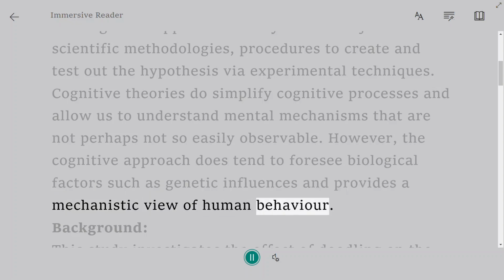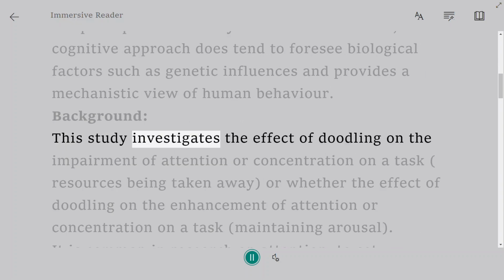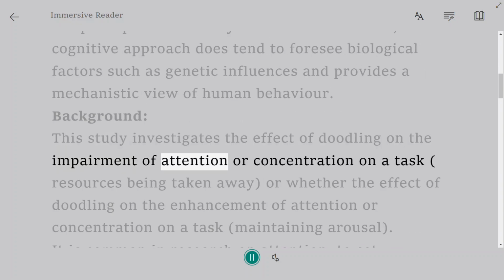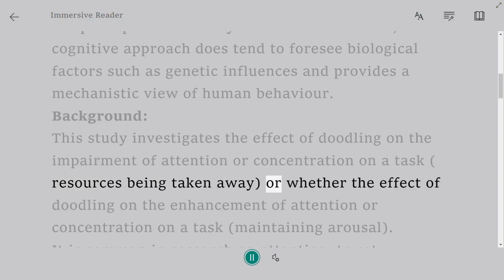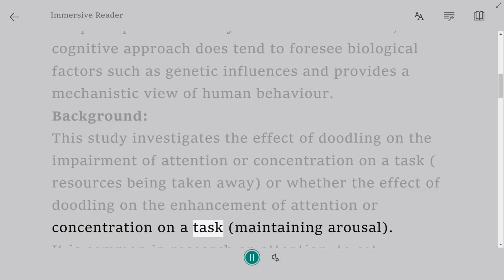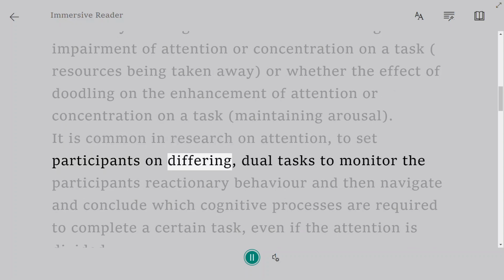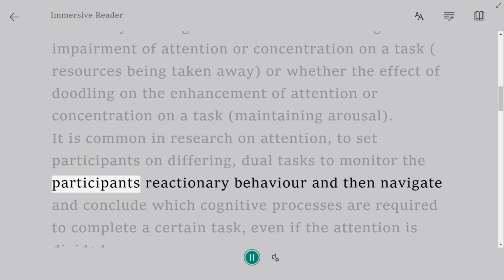human behavior. Background. This study investigates whether the effect of doodling is the impairment of attention or concentration on a task, with resources being taken away, or whether the effect of doodling is the enhancement of attention or concentration on a task, maintaining arousal. It is common in research on attention to set participants on differing, dual tasks to monitor the participants'